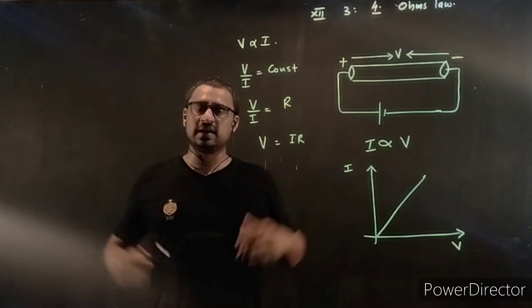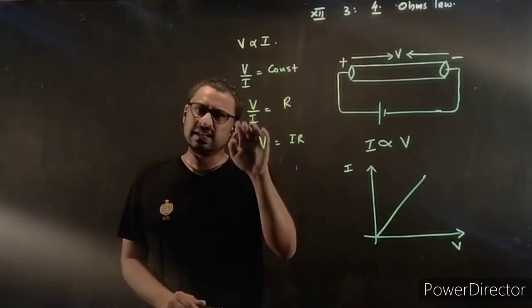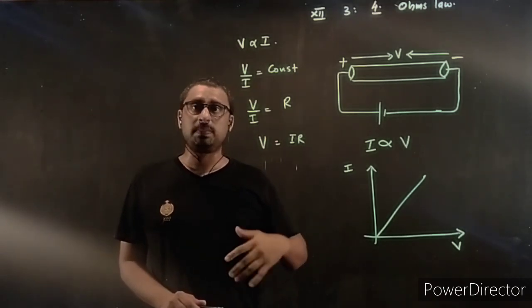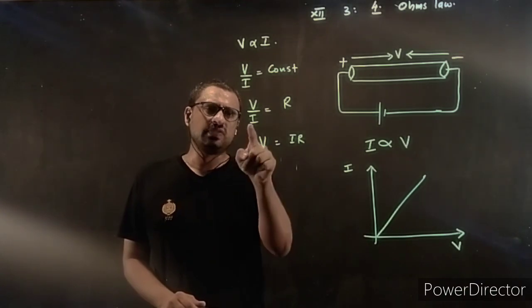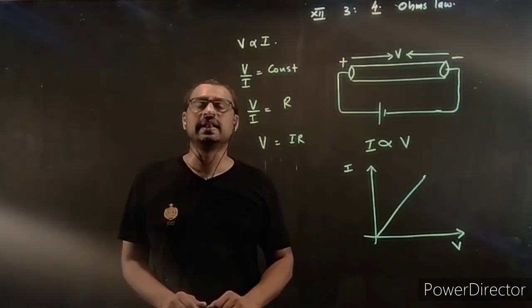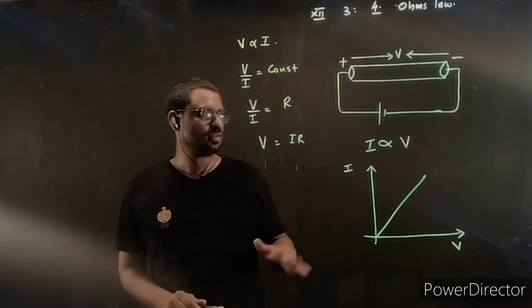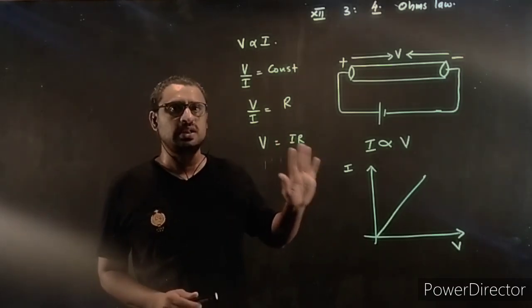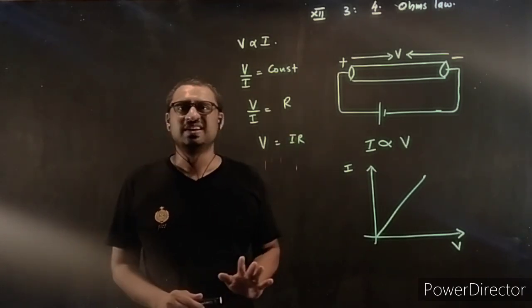And resistance very big, what does it mean? Even with a very high V, the current is less. Even if you apply a very large value of potential difference, the current flowing will be very small. Even though the reason is very high, the conductor will restrict the current from flowing.